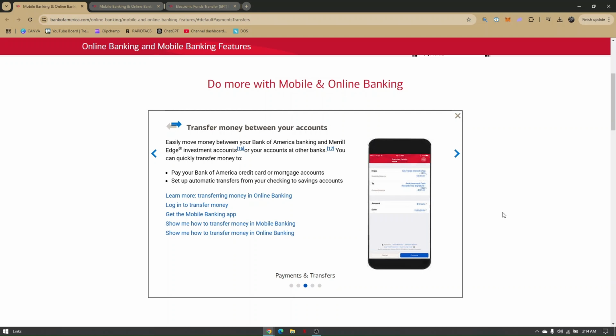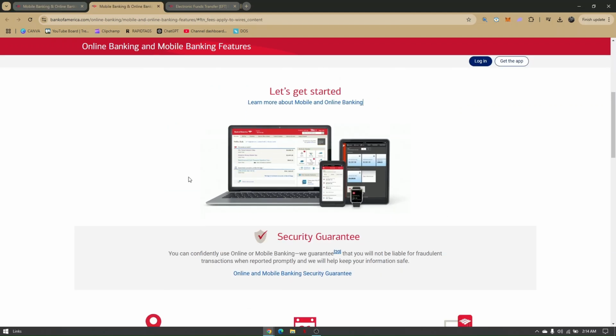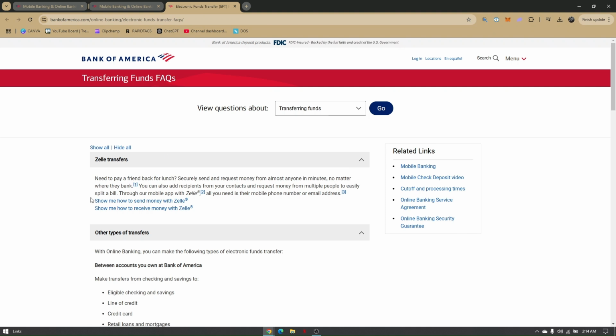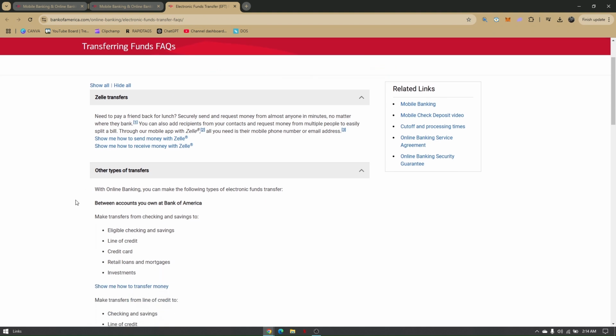Just simply tap on that, and you should be redirected to the page in which you'll have to enter the account number of that specific bank that you will be transferring the money to. So just enter the account number and then enter the specific amount, and you should be able to transfer it